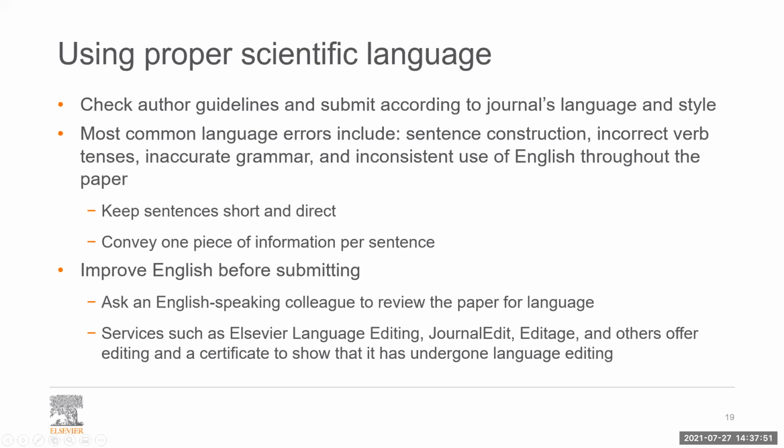So, using proper scientific language. When you're submitting to a journal, you want to make sure that you've checked the author guidelines for preferred language and style. Without clear and proper language, editors and reviewers will not grasp the full message or impact of your work. Even though the findings you report might be cutting edge, poor language quality